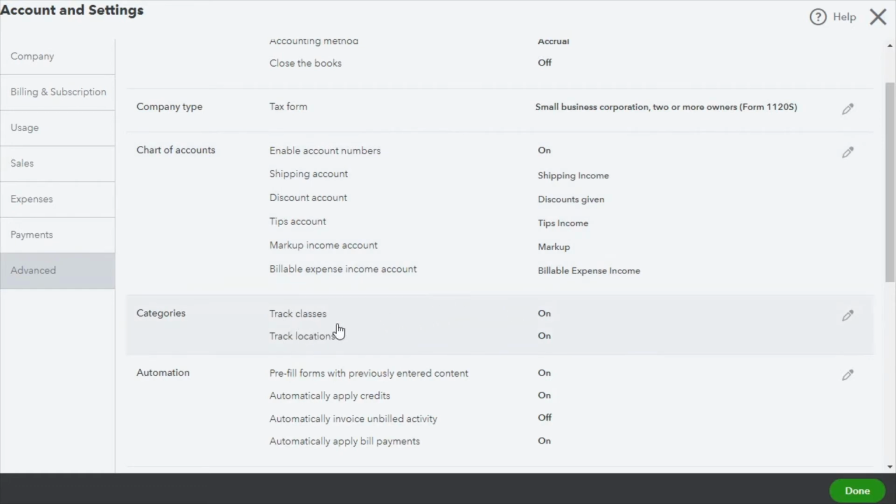classes basically, usually people use it by department or by cost code or something like that. Locations, generally people will use that for physical locations, right? So my inventory is in Austin versus Dallas. But if you don't have physical locations, you can use locations for other things, right? It's just a field to put data on so we can report on it.